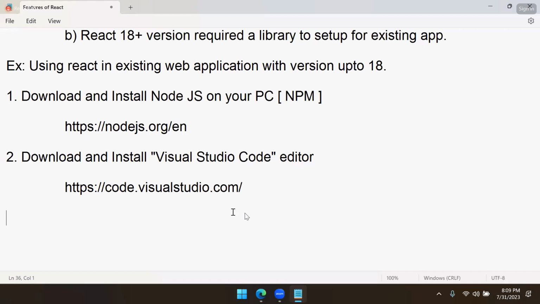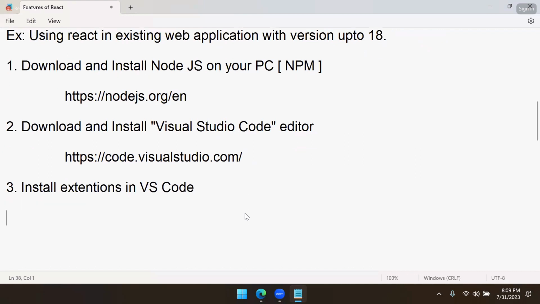One more thing: currently we are learning how to use React in an existing application, so you need a server to run the project. For that, install some extensions in Visual Studio Code. I recommend extensions like Live Server. Install Live Server, install VS Code Icons, which is a good one, and install IntelliSense